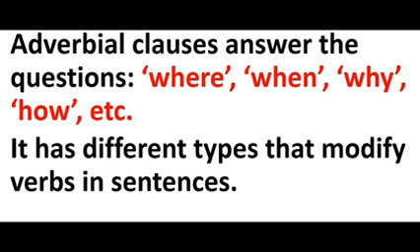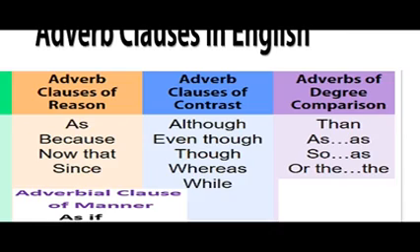Adverbial clauses answer the questions where, when, why, how, and others. You must know that it has different forms or types that modify different verbs in sentences. Let us consider the types of adverbial clauses in English. One of them is adverbial clause of reason. This has to do with why something has happened, and it is introduced by words like